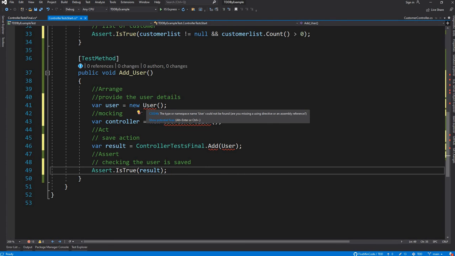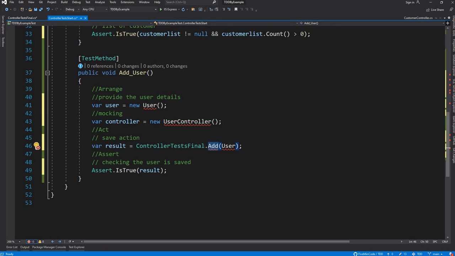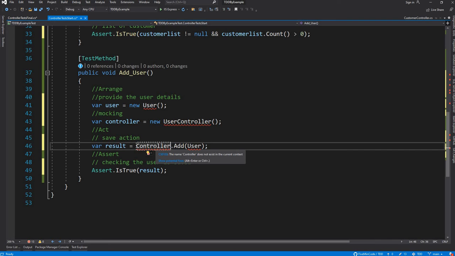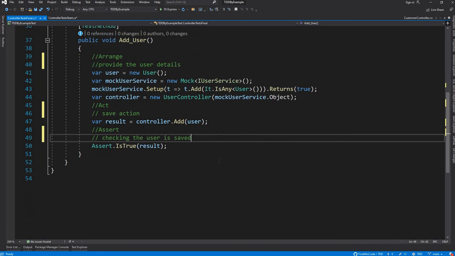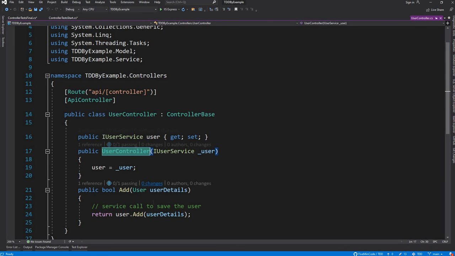On that basis, we'll create a model of user, and we'll create a controller for the user, and we'll create a method called add for passing that particular user and saving it. So this is our final implementation where we provide the user details, we do a mocking of the user service, which is present in the user controller which we created, which takes the service instance and has a method to add.